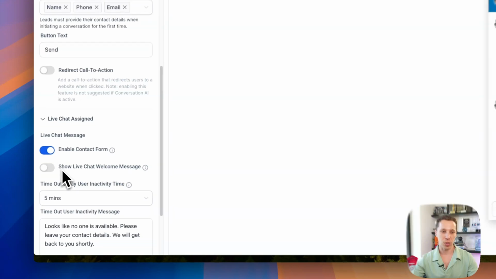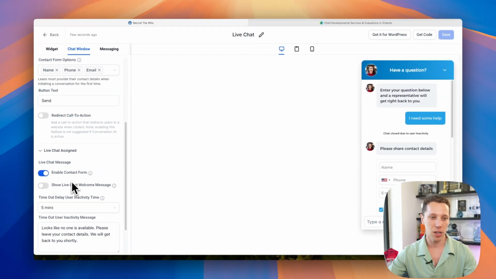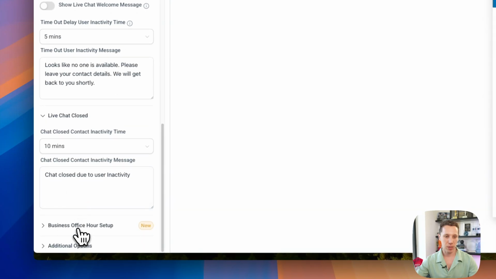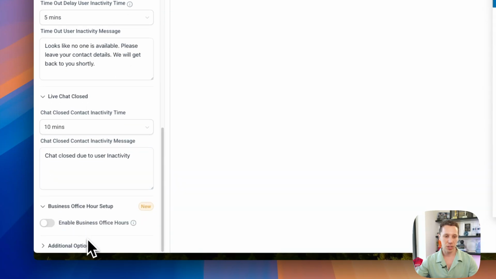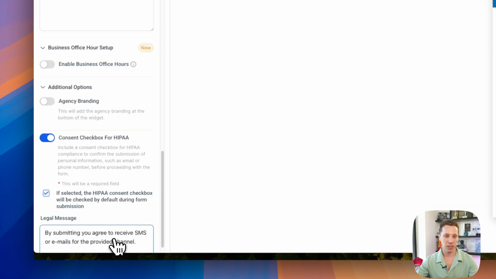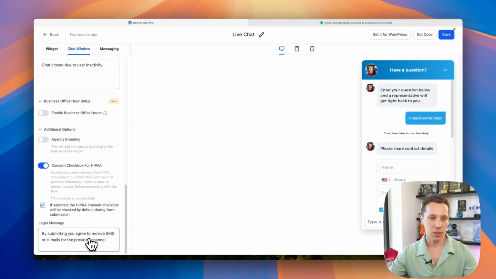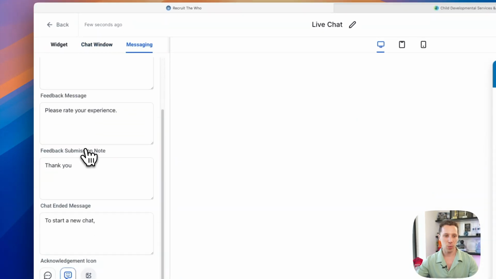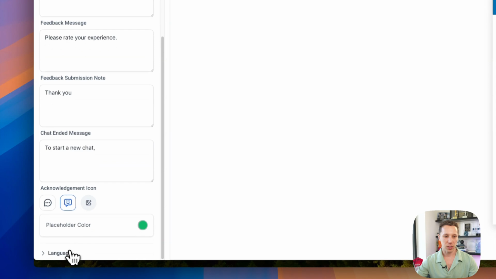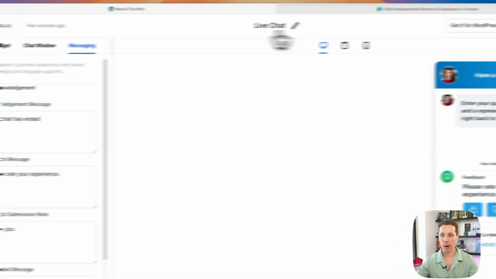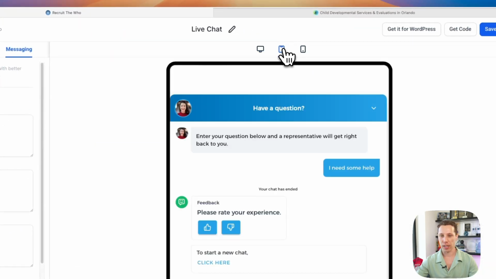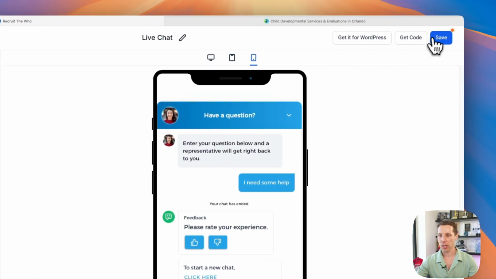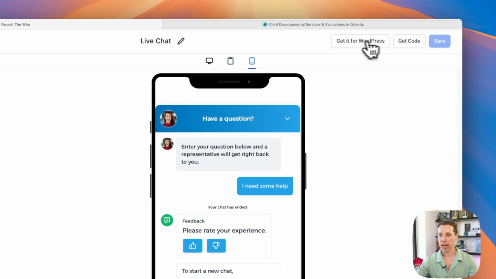So again, just scrolling through this so you guys can see everything I've done. I want that contact form on. Close times, office hours, you can enable when it's working, when it's not working. Compliance, all these different items. Acknowledgement if you want. Languages, super powerful, and you can walk through what it looks like on all platforms. Okay, so when you're done, you make sure to save it. Now to actually get it on